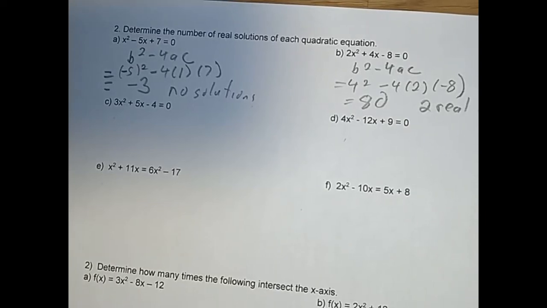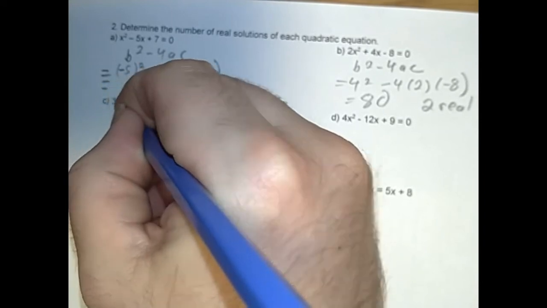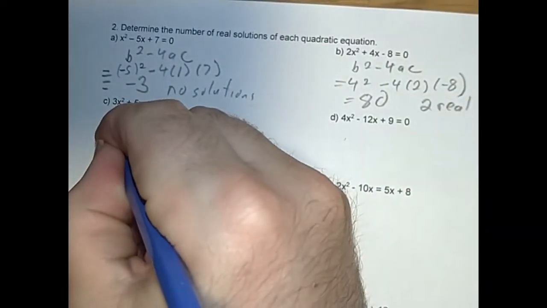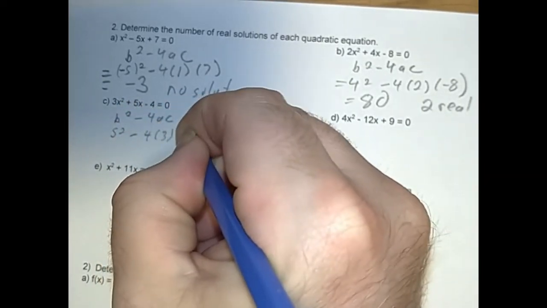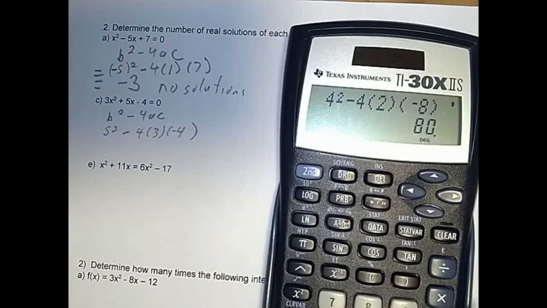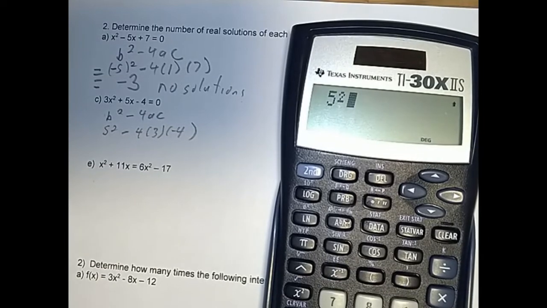Okay, now I'm going to do C here. So let's go B squared minus 4AC, the discriminant. B is 5, so 5 squared minus 4 times 3 times negative 4. All we got to do is check. We don't have to solve it. All we want to do is check how many solutions there are. So 5 squared minus 4, 3, negative 4,